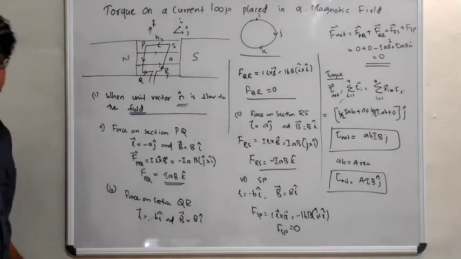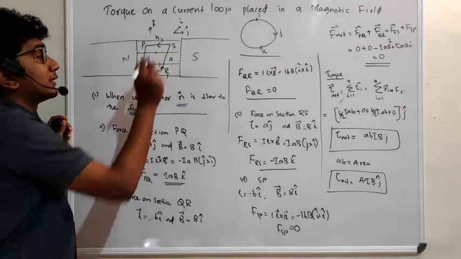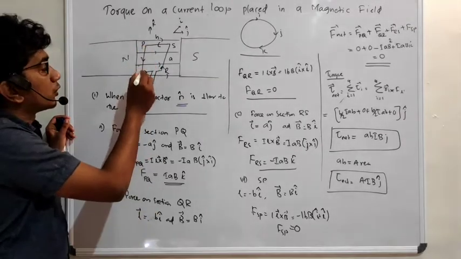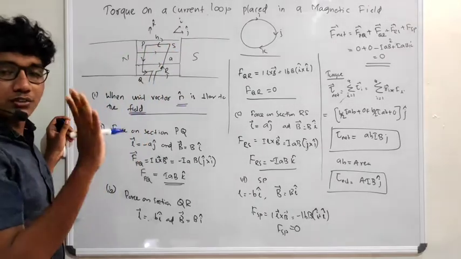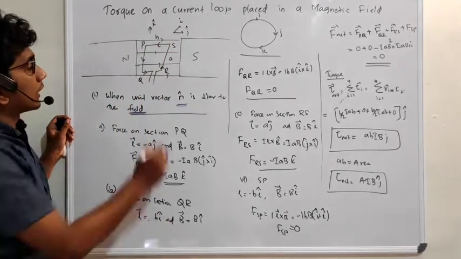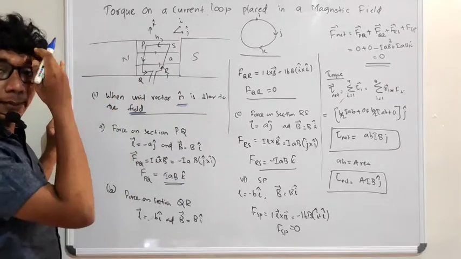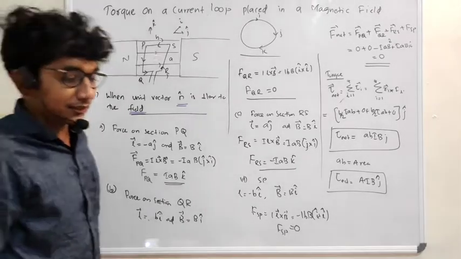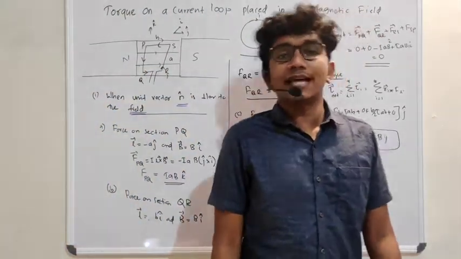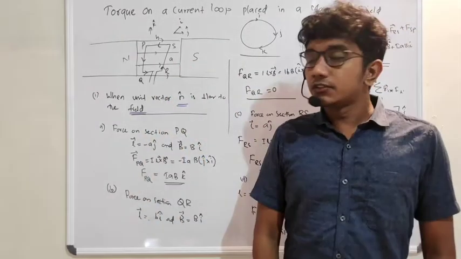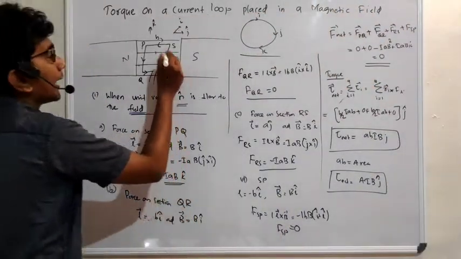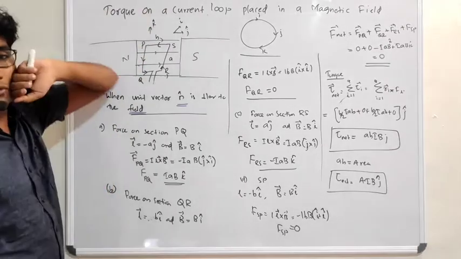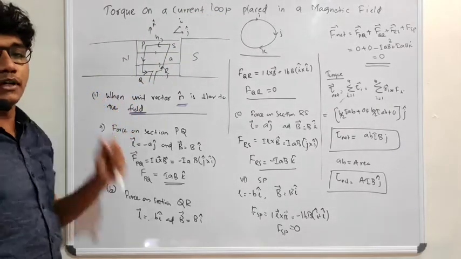First of all, you have to consider PQRS is the loop, PQ, QR, RS, SP. Four sides are there. All these four sides are different conductors, so you can consider them as conductors in a magnetic field. That is how we are going to solve this problem. First of all, the sides A and B, and we will consider the directions I, J, K here.